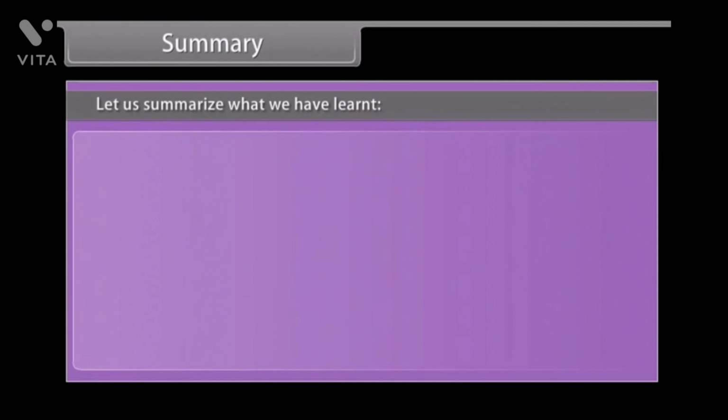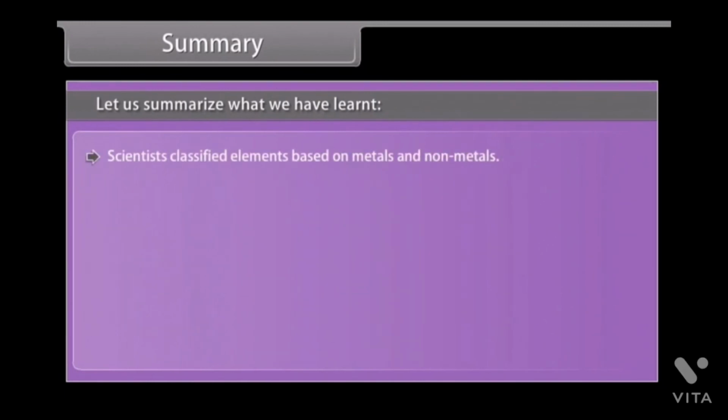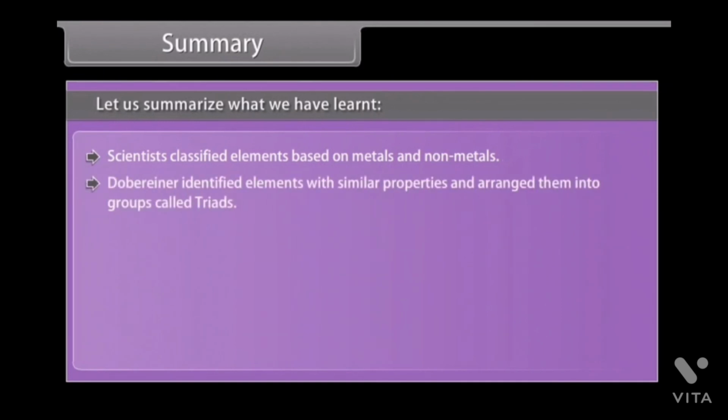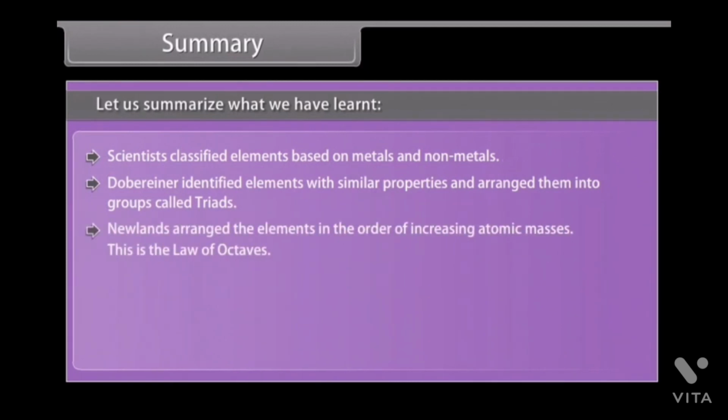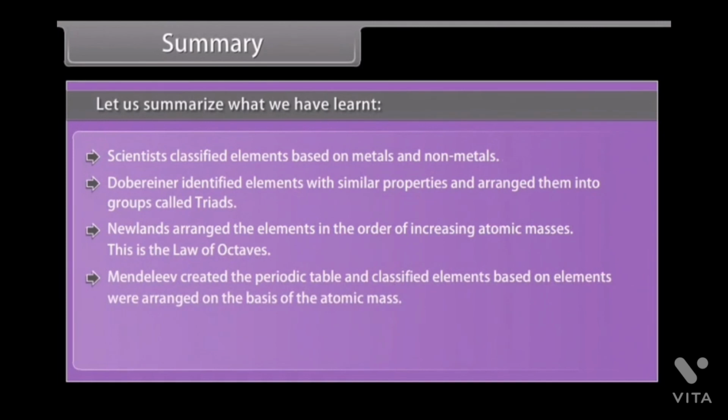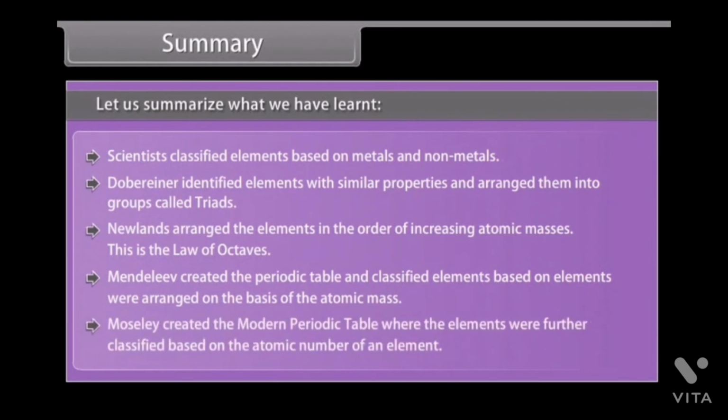Summary. Let us summarize what we have learned. Scientists classified elements based on metals and non-metals. Dobereiner identified elements with similar properties and arranged them into groups called triads. Newlands arranged the elements in the order of increasing atomic masses. This is the law of octaves. Mendeleev created the periodic table, and elements were arranged on the basis of atomic mass. Moseley created the modern periodic table, where the elements were further classified